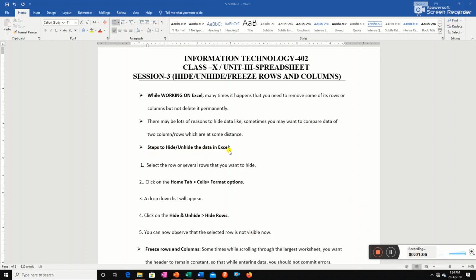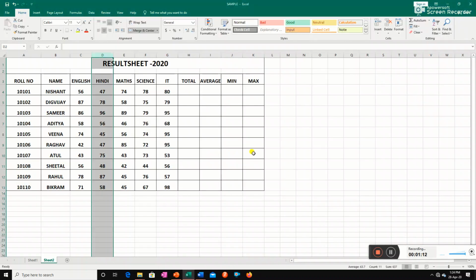For that, we need to open the MS Excel spreadsheet. So this is the previous sheet. In this, if you want to hide a column, you need to select the column first of all. Suppose this English column, and go to the Home tab.